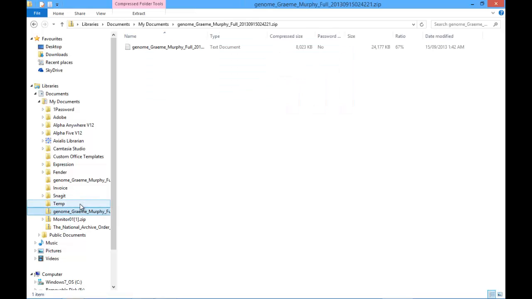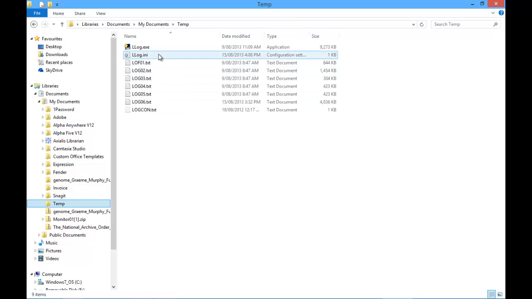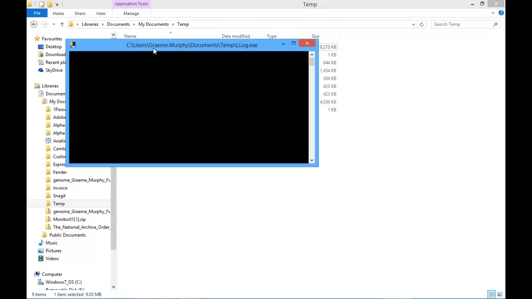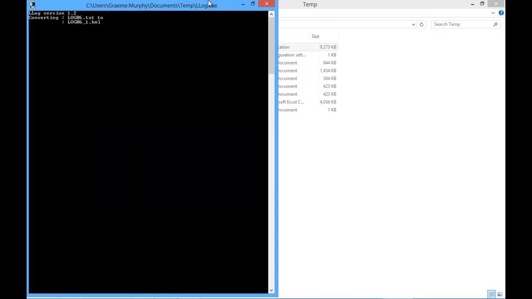Open the temporary directory. Now what I need to do is, when I run log, it converts the files. Now it happens to do them in order, and the one I'm interested in is log06, so I've run the conversion program there. You can, if necessary,